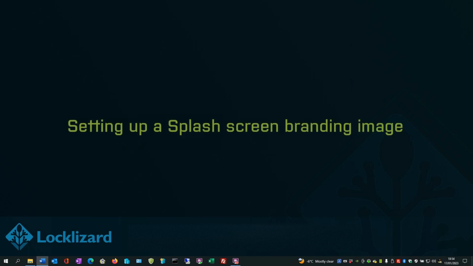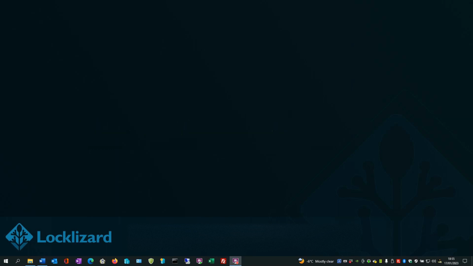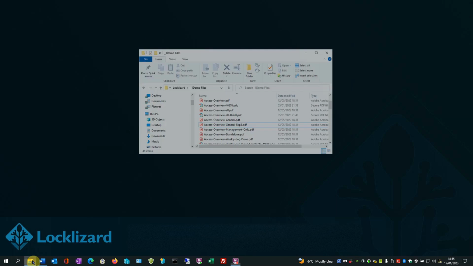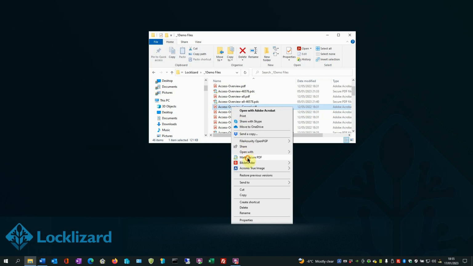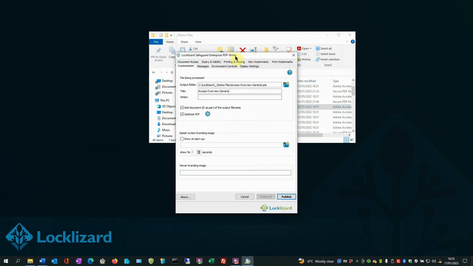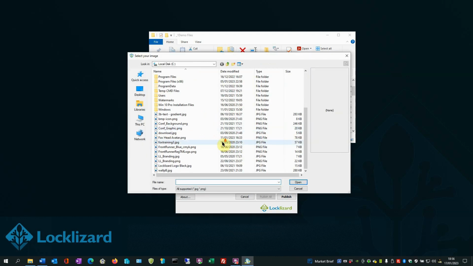In addition to changing the viewer branding image, you can also set up a splash screen branding image. This is applied to the document and will be displayed for a set period of time every time the document is opened. To enable this, again open Windows Explorer, locate the document you wish to protect, right-click on the PDF and choose Make Secure PDF. This time in the Writer window, again under the Customization tab, you also have an area that says Splash Screen Branding Image. In order to activate this, click the box, Show at Startup, then using the folder option, locate the file you wish to show as the graphic,